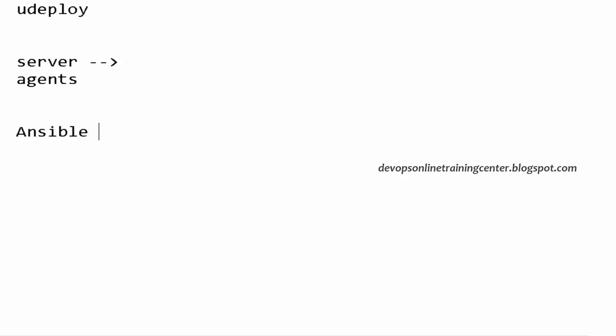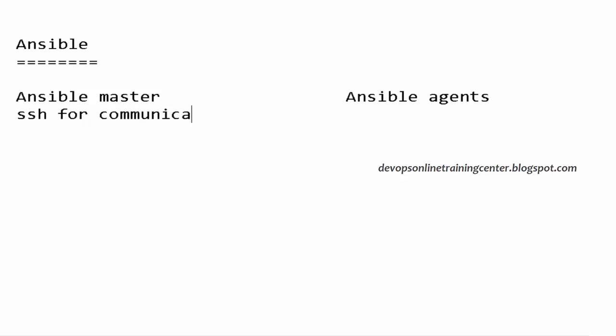So Ansible also works in the same way. We have a master and we have agents, right? This is called the Ansible master, let us say, and the clients are called Ansible agents. It uses SSH for communication, right? The advantage with Ansible is that we don't have to install an agent on the client machines. We don't have to install anything on the agent because SSH comes by default with the operating system, whereas Ansible has to be installed on the master. So the Ansible RPM has to be